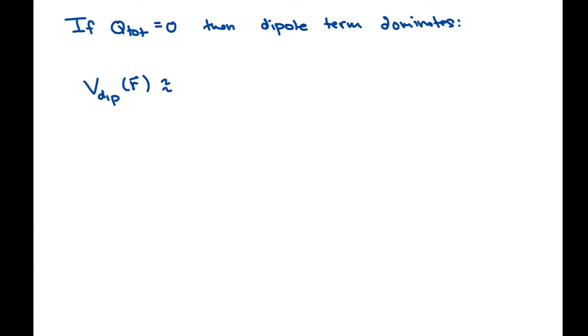that if the total charge ended up being 0, then the dipole term dominates. Okay, so what was the dipole term? Well, the dipole term of the potential said that the potential would be approximately equal to 1 over 4 pi epsilon naught, divided by r squared, and then I would do our volume integral over the charge density, times r prime, that's the magnitude of the position vector for our